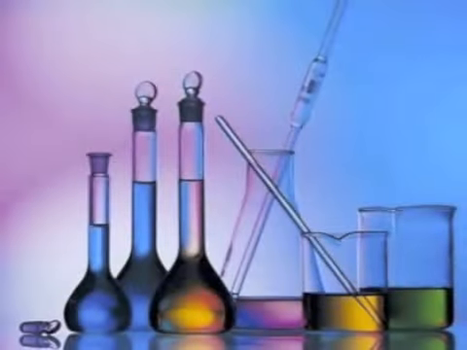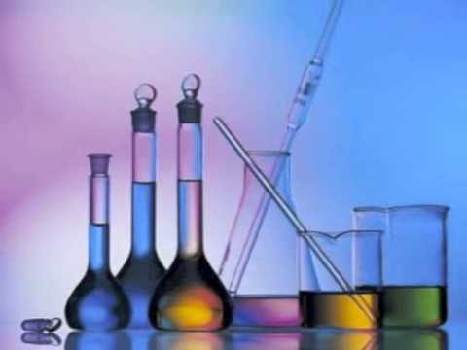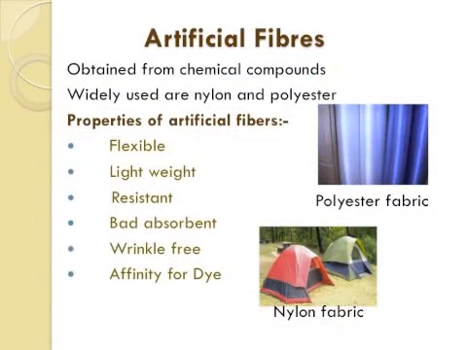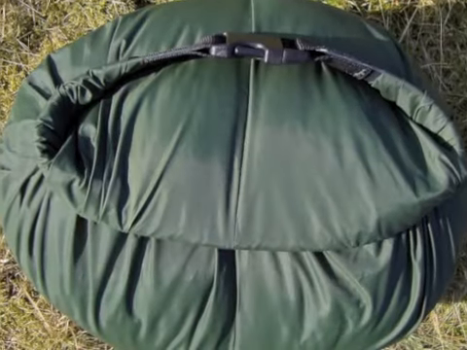Artificial fibers. They are obtained from chemical compounds. Widely used are nylon and polyester. Properties of artificial fibers are they are flexible, lightweight, resistant, extremely bad at absorbing our sweat, so we feel extremely hot if we wear them in summers, but they are wrinkle free and they have an affinity for dyes